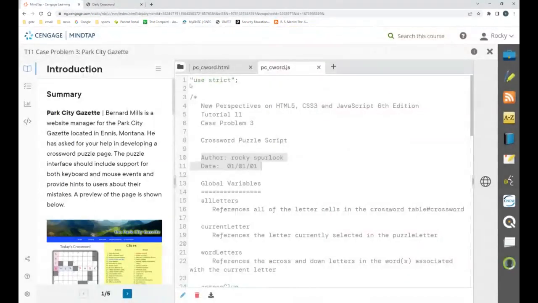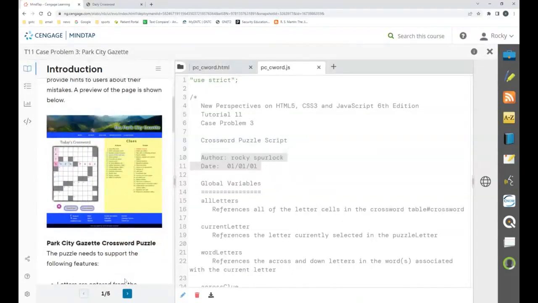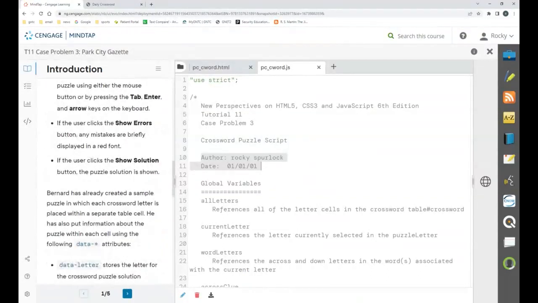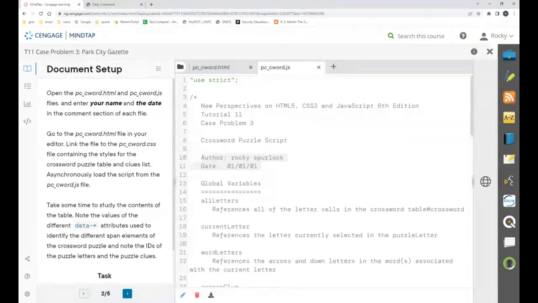The two files in this lab that I work with are my HTML and my JavaScript file. And what we're doing is we're giving this functionality so that our web page will respond to events such as clicking, space bar events, and so forth. All right, so we're going to start off by putting our name and date into our two files, and then